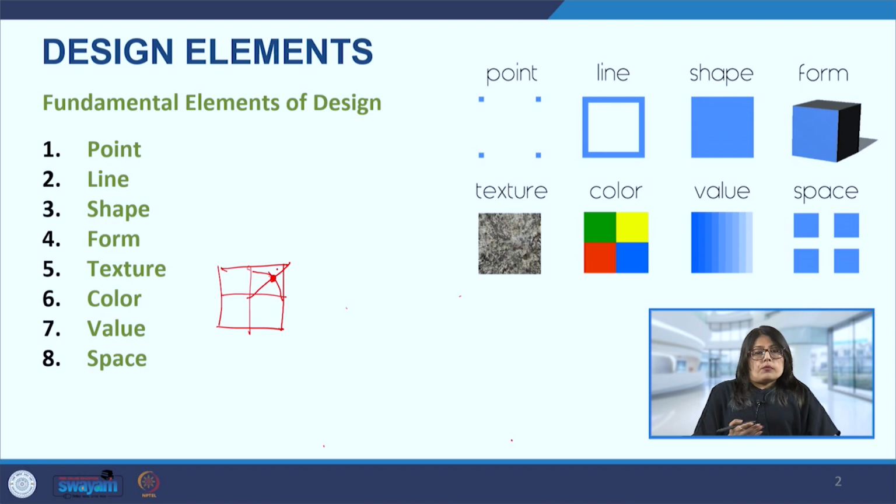What elements can we use, how can we use them, and the relationship between them, so that we are able to take the user's eye the way we want them to perceive the space. So if you see a physical product or a digital product, or say artwork, or some piece of graphic, all of those items have a certain way in which the elements have been placed so that the user's eye is moving along them.